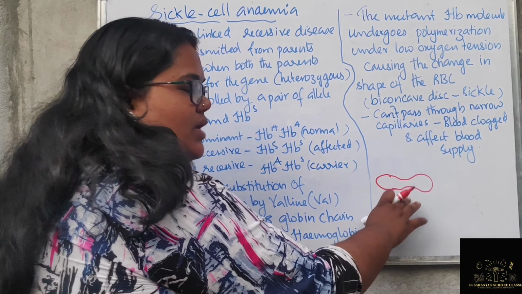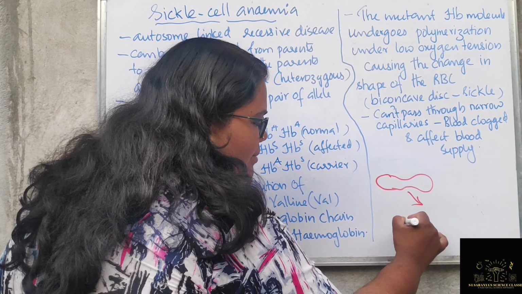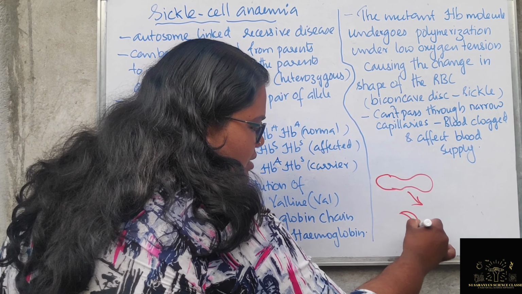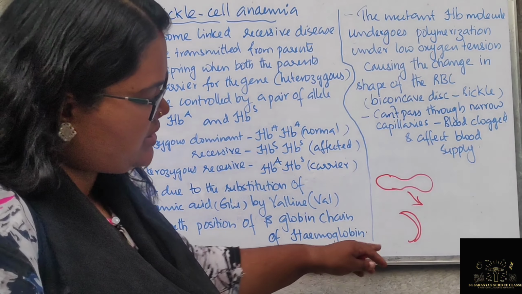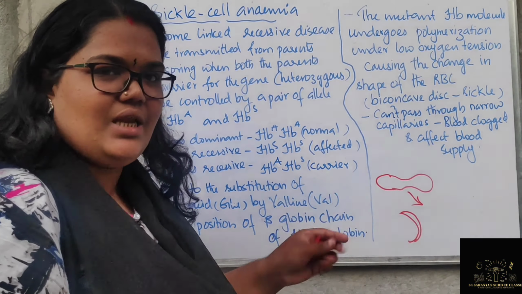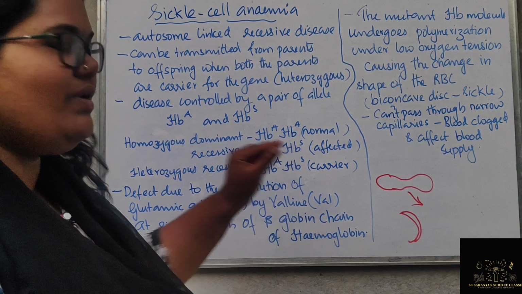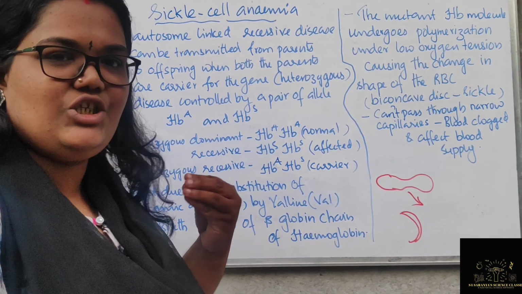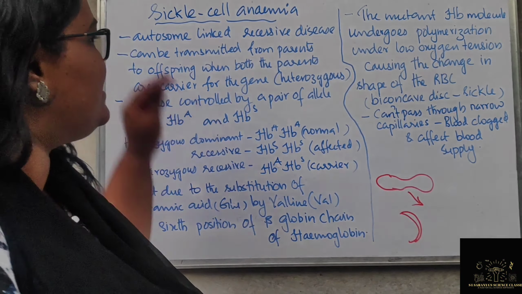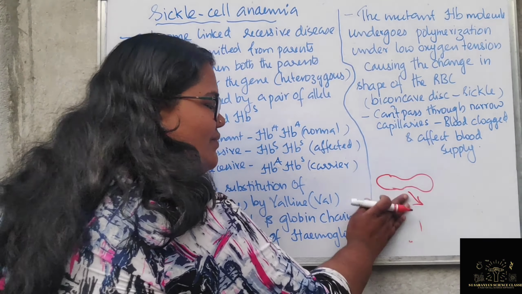You can see that the nucleus is not there, so there will be a depression. This RBC will become a sickle shape. Sickle, you know that the knife which is used for sawing purposes. So you can see that this is the sickle shape. Their surface area will be really reduced. Because of that, there will be some problem for carrying the oxygen. There will be a low oxygen tension. Such a disease is known as sickle cell anemia. Now, how will it become like this? That we are going to